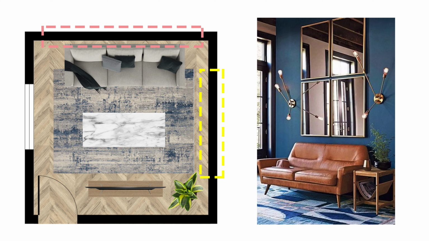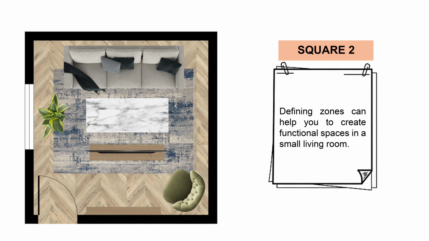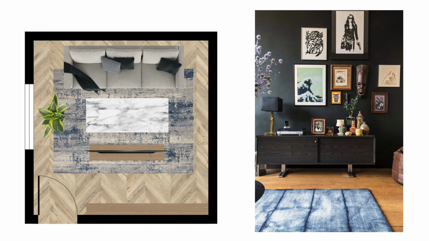Another thing is that, again, depending on how small is your living room, you may consider creating 2 different functional zones for different purposes. So basically, depending on what you are interested in, you can create a reading corner with a bookcase and armchair here, or you can create an accent wall with a console to exhibit your unique decorations or art pieces. When you do that, you basically separate those 2 zones with a piece of furniture, which is your TV in this case, and you also create a path between those areas which can give an illusion of